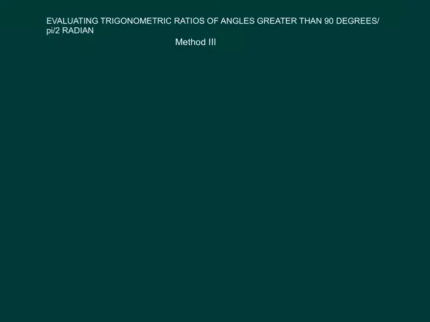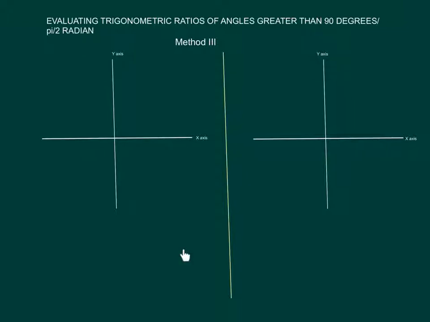Dear students, let us learn another method of evaluating trigonometric ratios of angles greater than 90 degrees. Now this method is nothing but a combination of method 1 and 2. So let us divide our page into two parts and discuss angles simultaneously. Let us take a 120 degree angle,